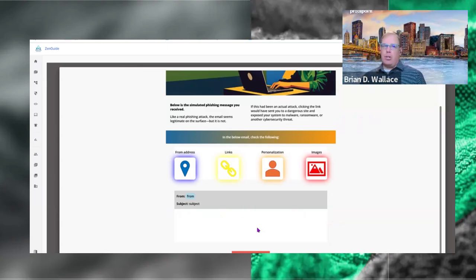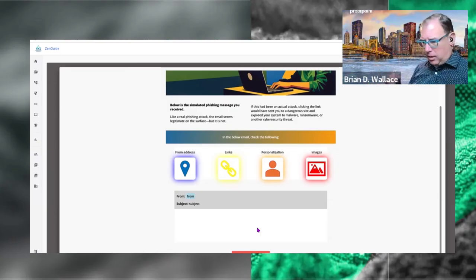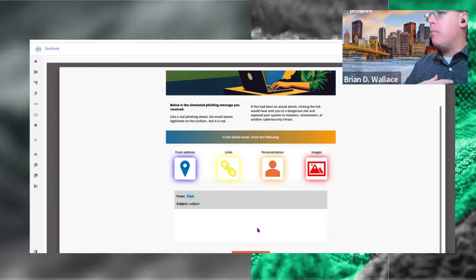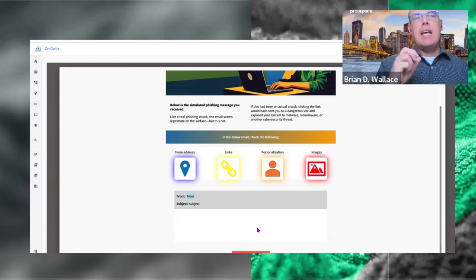So it doesn't matter how many templates you do at a time. Now, if you do multiple templates, I of course recommend that for equity's sake, you find templates that are similar in nature, whether similar topics, similar level of difficulty, or average failure rate. Because we do want our simulations to have some level of equity. But it will recognize whichever template you've sent to me, whether it be one or you have it mixed as three, it knows which template I clicked on and it will embed that template here.